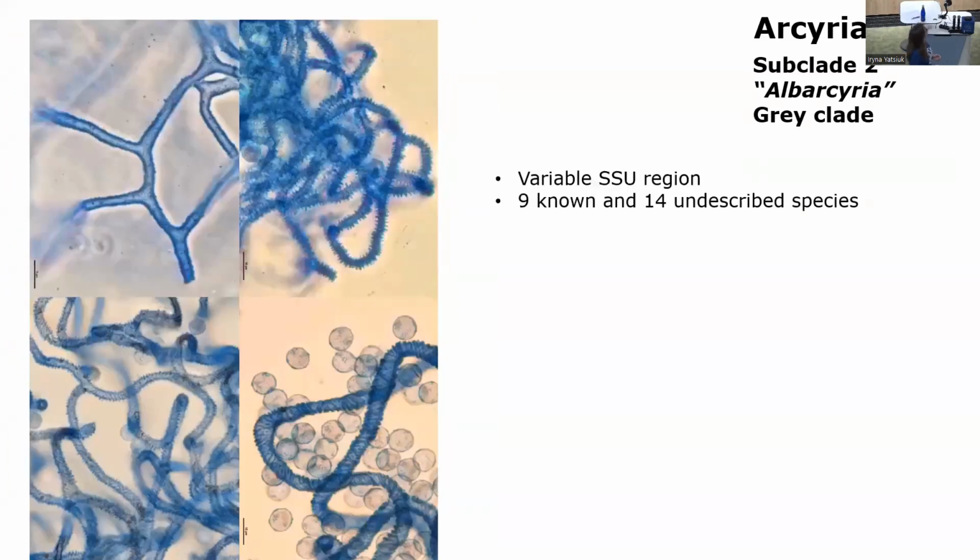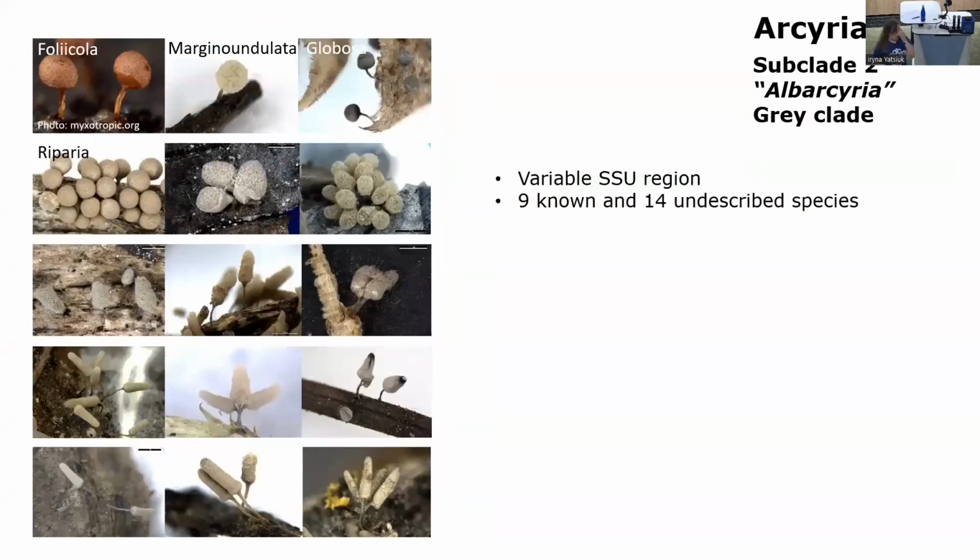This is Arcyria. And you see that this clade includes several complexes and several species. Out of 14, at least 14 undescribed. It contains at least 14 undescribed taxa, but from described ones, it includes Arcyria riparia, globosa, marginata, undulata, and Arcyria